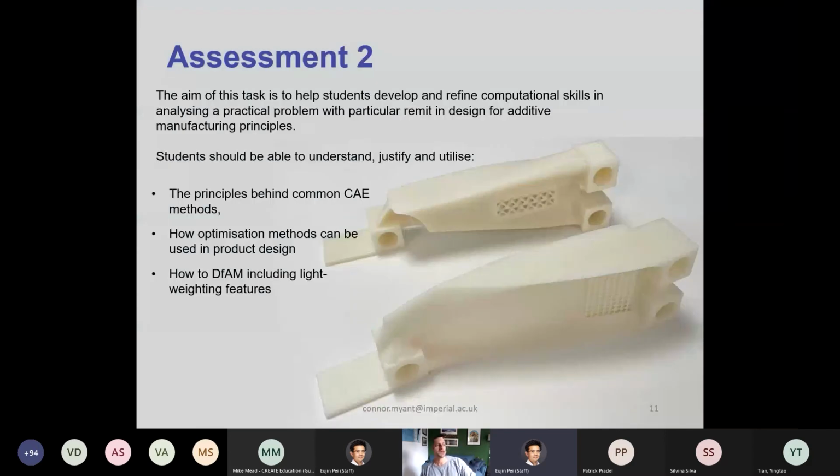The second assessment really focuses on the computational approaches and CAE methodologies. And the aim of this task is to help students develop and refine their computational skills. So whereas the other one might be more design thinking or a little bit more creative, this one is really focusing on that CAE analysis and skills. So what the students are asked to do,